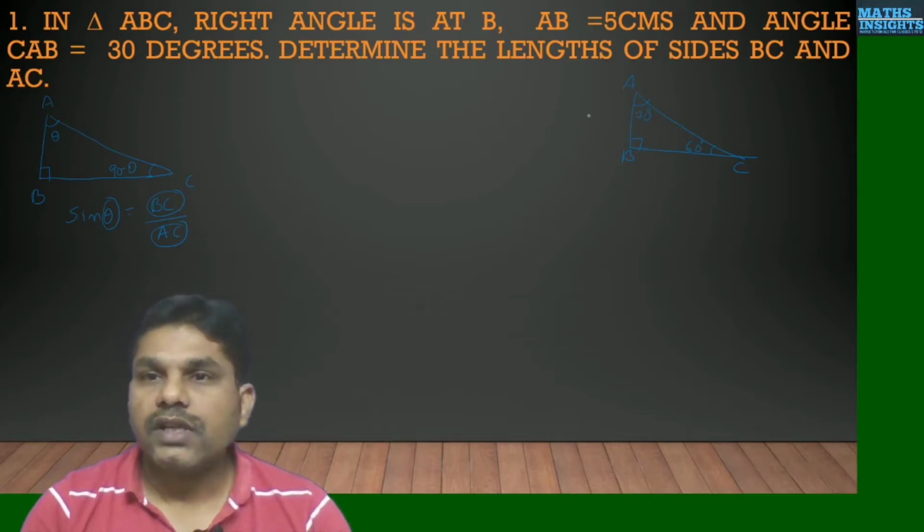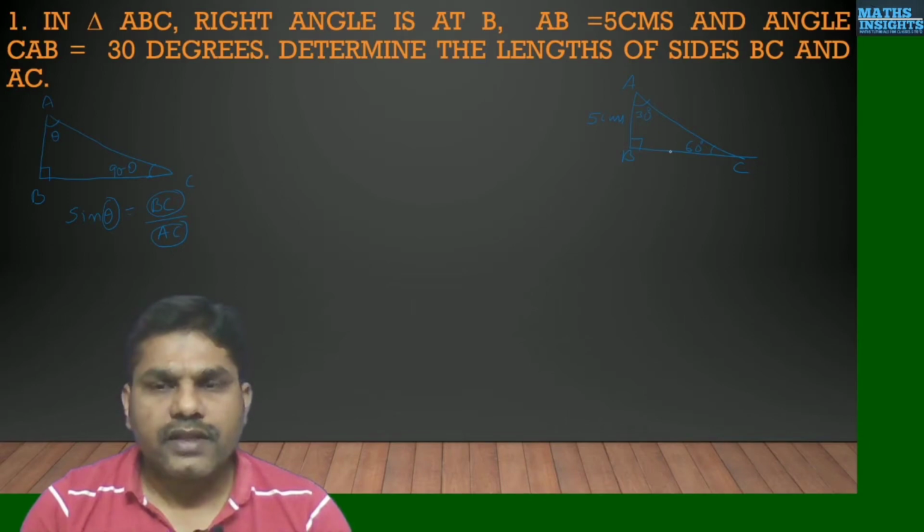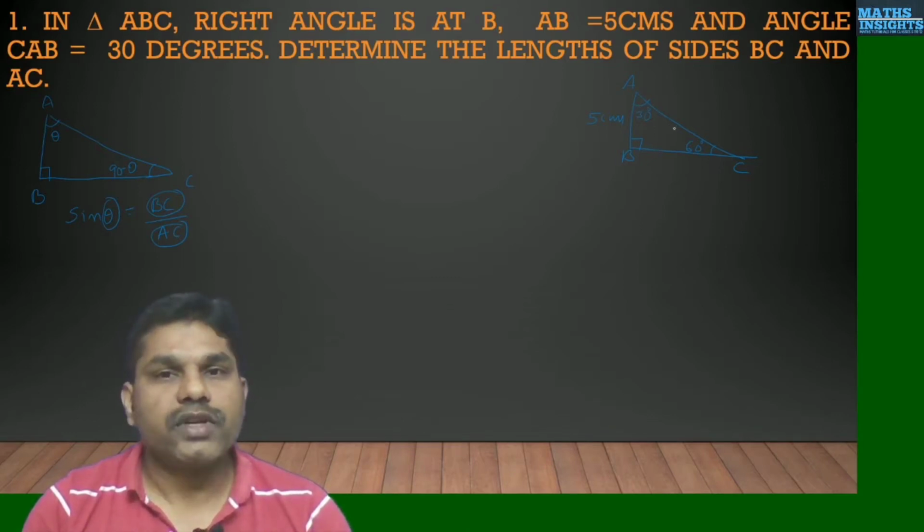Now, the length of this side AB they have given as 5 centimeters. Now, they are asking you to find the length of side BC and AC. In this case, you have to remember the trigonometric ratio which involves this angle and the adjacent side to that angle and either opposite side or hypotenuse. I am taking